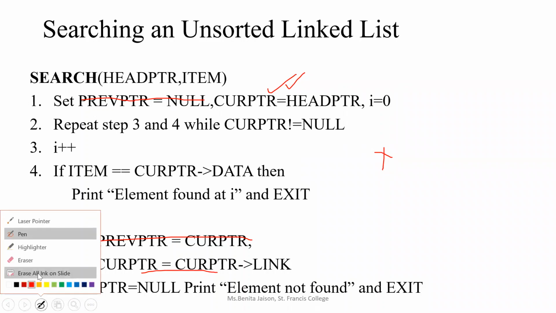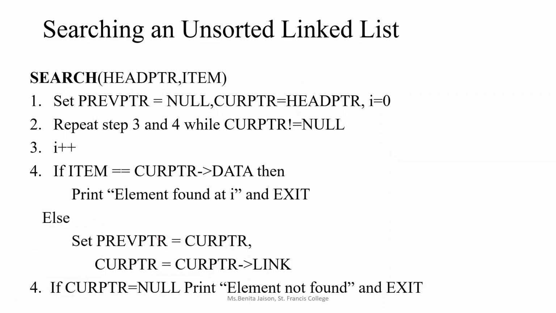Got it? So with these 2 pointers and without these 2 pointers also, that means only with current pointer also, the searching algorithm and the display algorithm will be working. Understood? So here in search also, if you want to use both pointers you can, otherwise also it will work. Previous pointer equal to null. Same step, I made it the same step so that it will be easy for you to remember. Previous pointer equal to null, current pointer equal to head pointer, and we are using a variable called I in order to count the nodes. Got it? So we are repeating the steps.